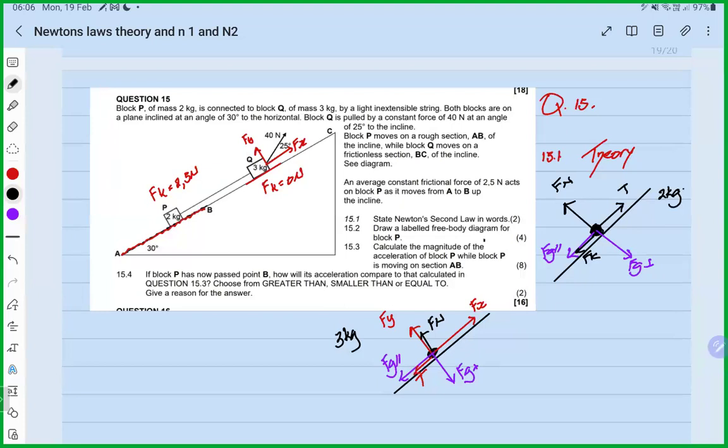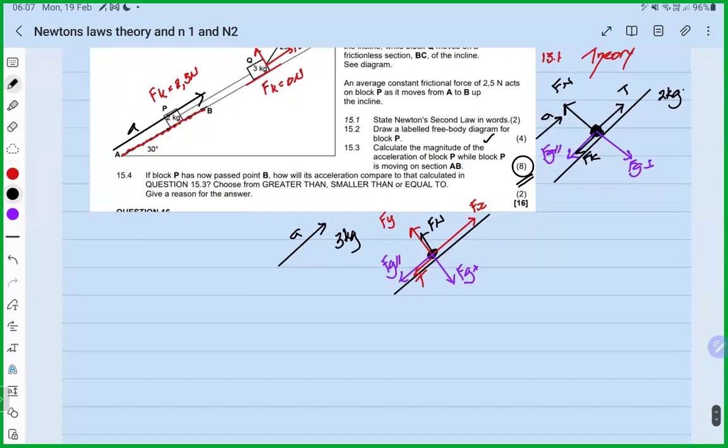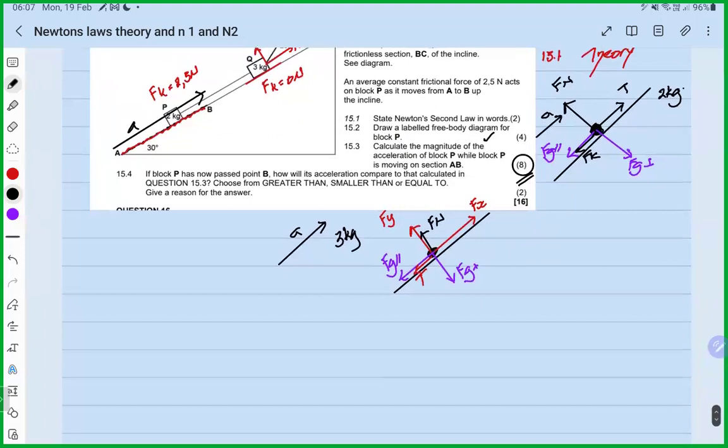It says, calculate the magnitude of the acceleration of block P while block P is moving on section AB. That means it's moving upwards. So you want the acceleration of this moving upwards. If that moves upwards, this also moves upwards. They gave you 8 marks for that, which means there's a lot of working here. Definitely simultaneous equations. 15.3,